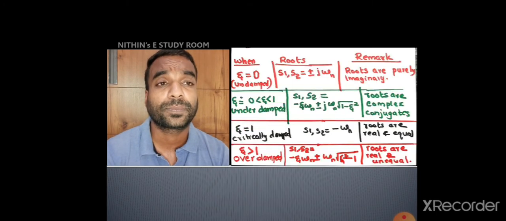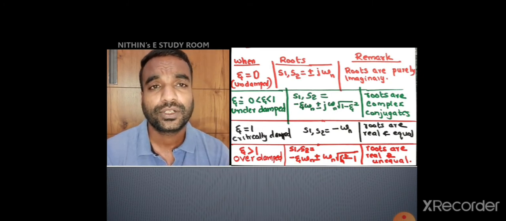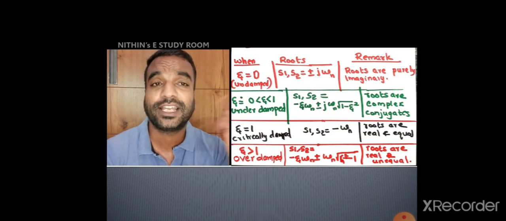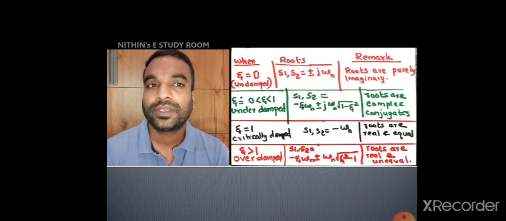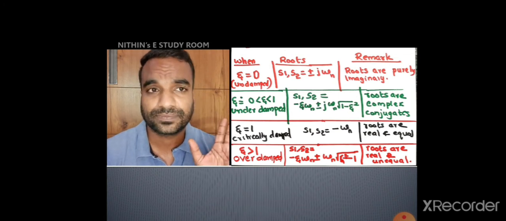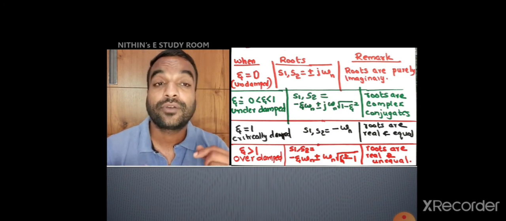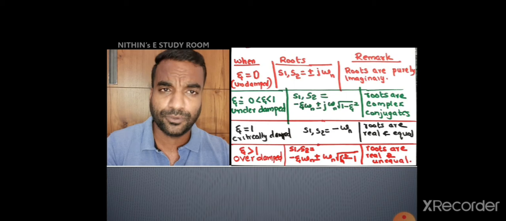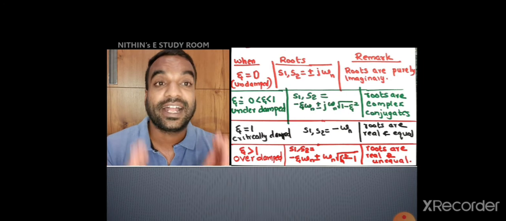S1, S2 is equal to plus or minus j omega n. If you substitute there, you will get it. So, two roots are there, and these two roots are purely imaginary roots, plus j omega n and minus j omega n. Purely imaginary roots. So, if you get directly the roots, they are purely imaginary. You have to understand that the system is undamped, because you have to analyze the same thing in reverse manner also. If eta is equal to 0, roots will be purely imaginary. If roots are imaginary, you can understand the system is undamped.